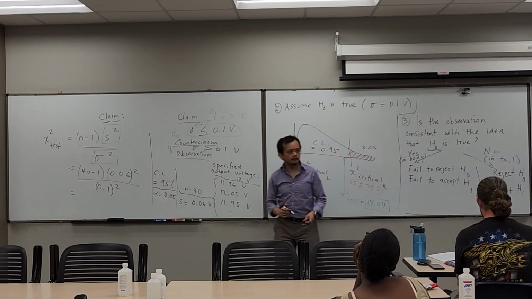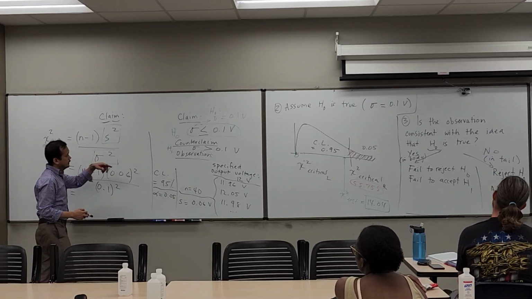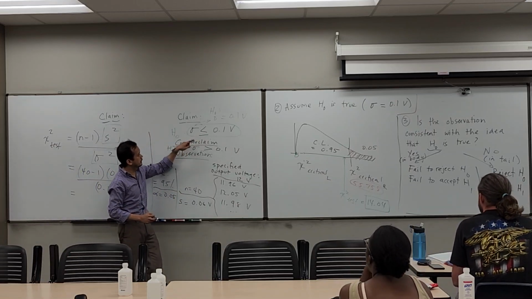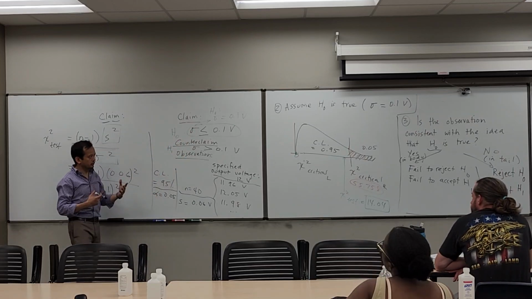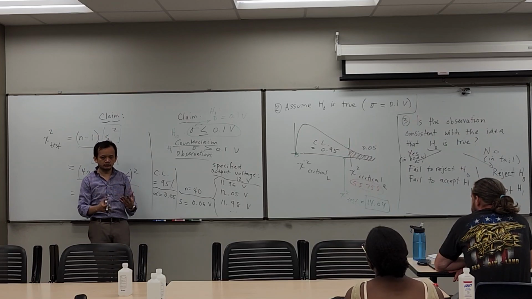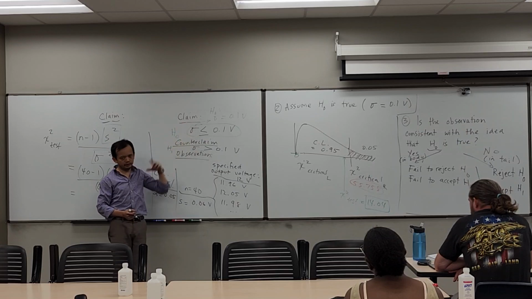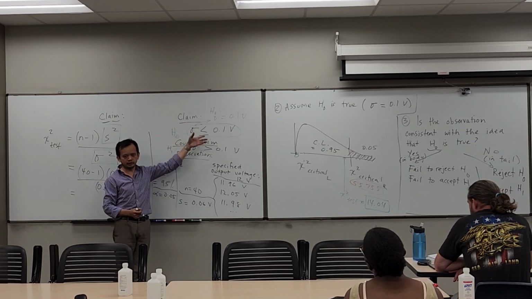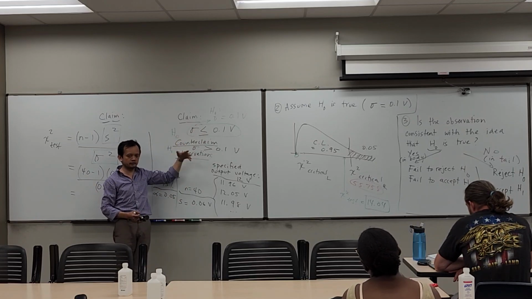Alright, any questions? So this is an example of hypothesis testing where your claim involved a population standard deviation or variance. The reason we say one or the other is you can always convert from one to the other. If your claim has a population standard deviation and you're interested in the variance, then all you do is square. And vice versa. If you start with the variance and you're interested in the standard deviation, you just take the square